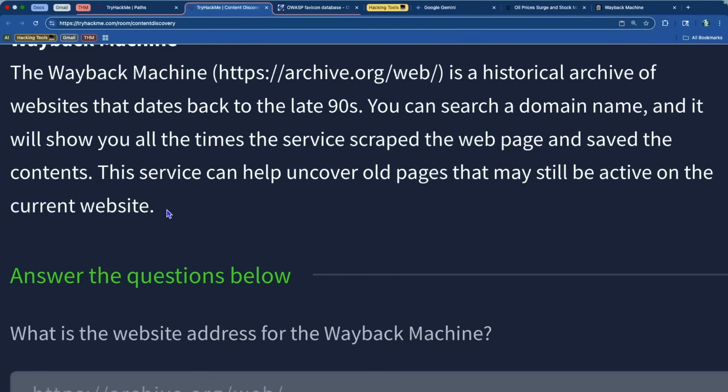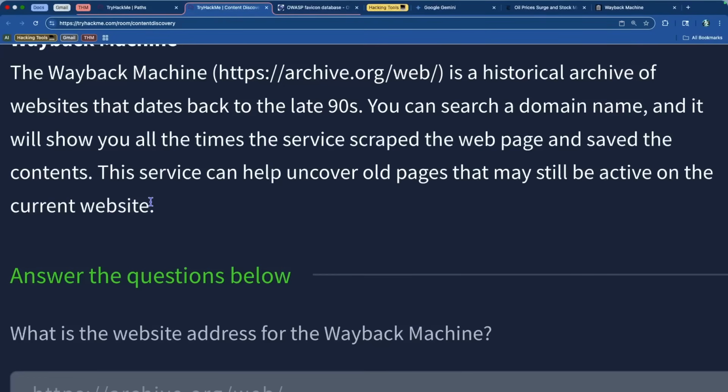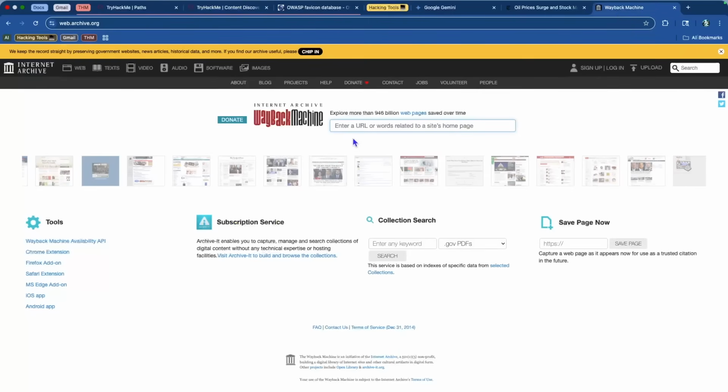This is energy intensive unless you write a script for it, okay? Unless you write some kind of an automation for it. This can be time and energy intensive because you would be clicking around and trying to find web pages and doing all these things. But what's really interesting about this website, the archive.org/web website, is that the websites that you